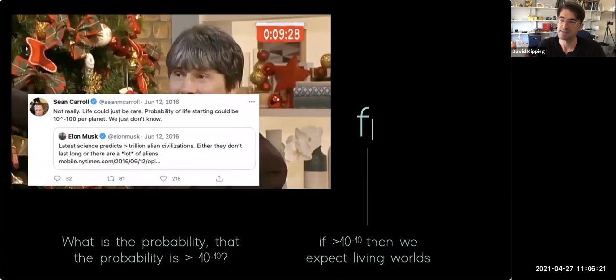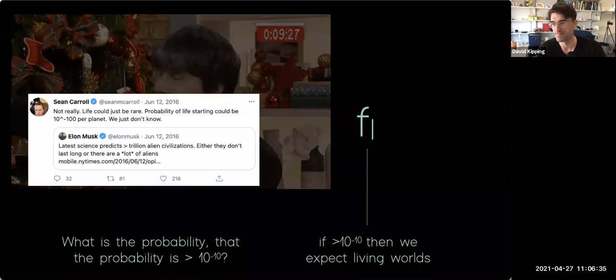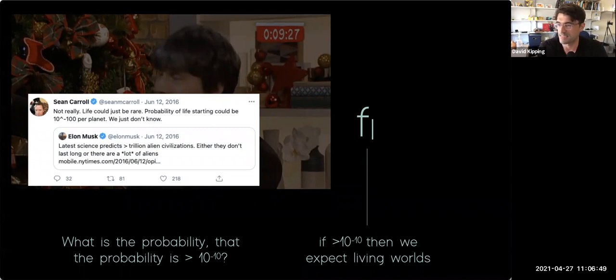And really, you can counter that with a very simple tweet even. And Sean Carroll did so here in response to Elon Musk, who is perpetuating this. And he just points out, well, that's not necessarily true. If the probability of life starting was 10 to the minus 100 on each planet, then trivially, you could have basically an almost empty universe, depending on your definition of universe, observable universe, or if you go out to infinity. Eventually, you'd hit something. But certainly just in our galaxy, if the probability is less than 10 to the minus 10, there's pretty much no way there's anybody else out there in the galaxy right now.